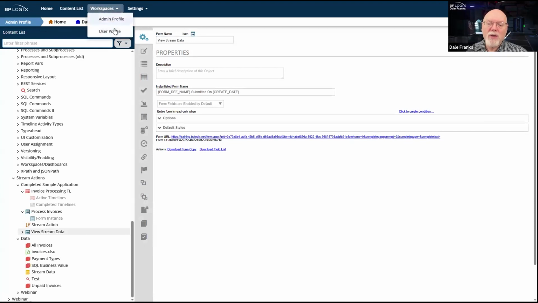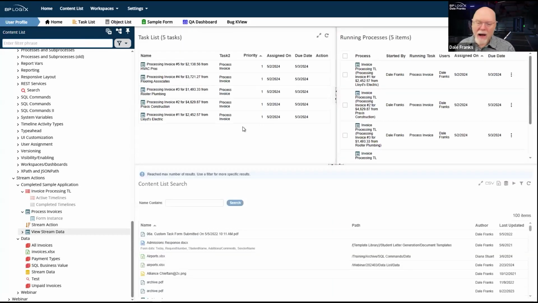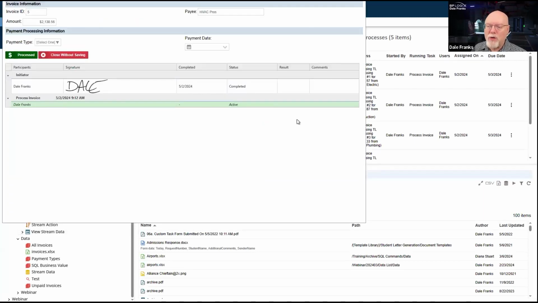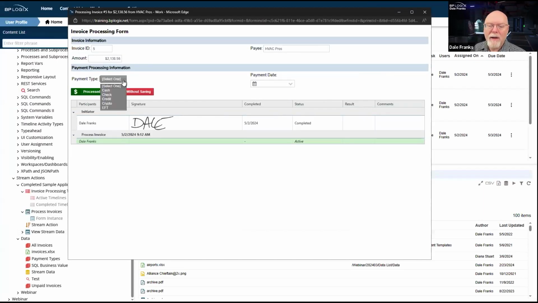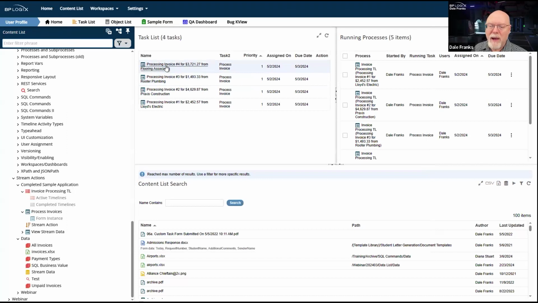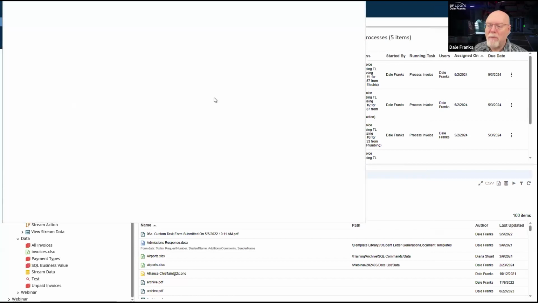If I swap my workspace over to the user profile, I should have 5 things running. I certainly do. And so now I can go in to each one of these objects, and I can select payment type. So we'll say EFT. And by the way, it automatically sets the payment date for me. And so in my form, I can just go ahead and process each one of these invoices.